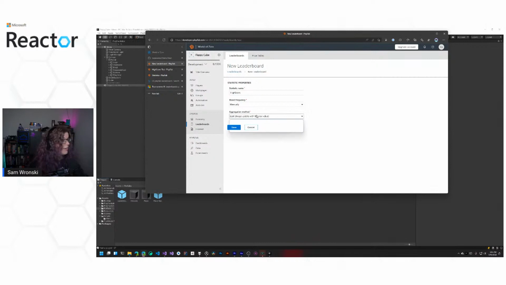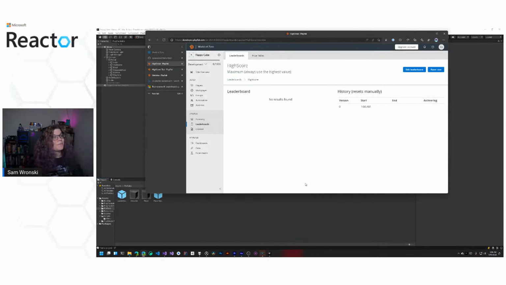So we have aggregation. In this case, the last value is the default. That's whatever the last statistic value is. We're going to use maximum. What this is going to do is take the maximum of all the statistics that you end up publishing. So if we get a score of 30 and then we publish a score of 4, now if it's assigned to maximum, we would ignore that new 4 and wouldn't lower the player's highest score because they got a lower score. So that's what we're going to do here. We're going to assign this to maximum and save this.